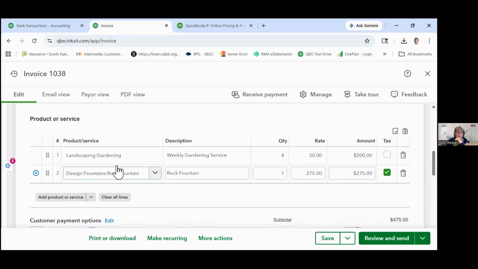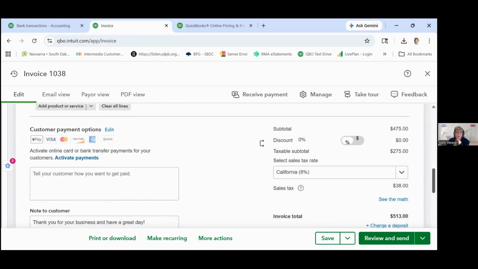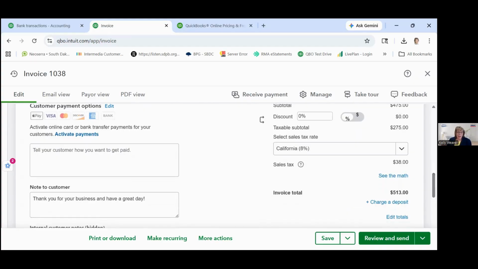So I can't see that from the screen, and I can't get to it from the screen. But my guess is these are in 2 different sales categories. One's probably a materials sales and one's a services sales. So service sales is going up by 200, material sales is going up by 275. My sales tax payable, QuickBooks keeps that separate. It's not considered an income. You don't get to keep that money. You're just collecting it on behalf of the taxing agency. So that goes into a liability account of sales tax payable.